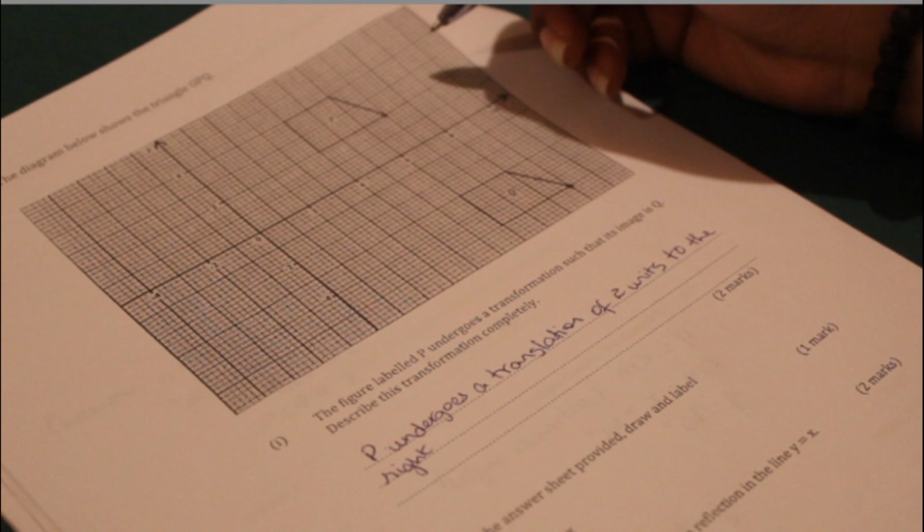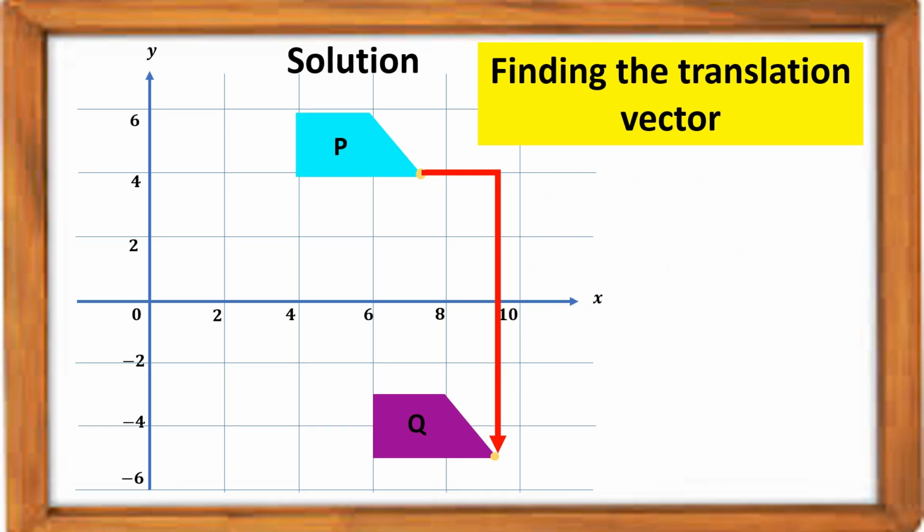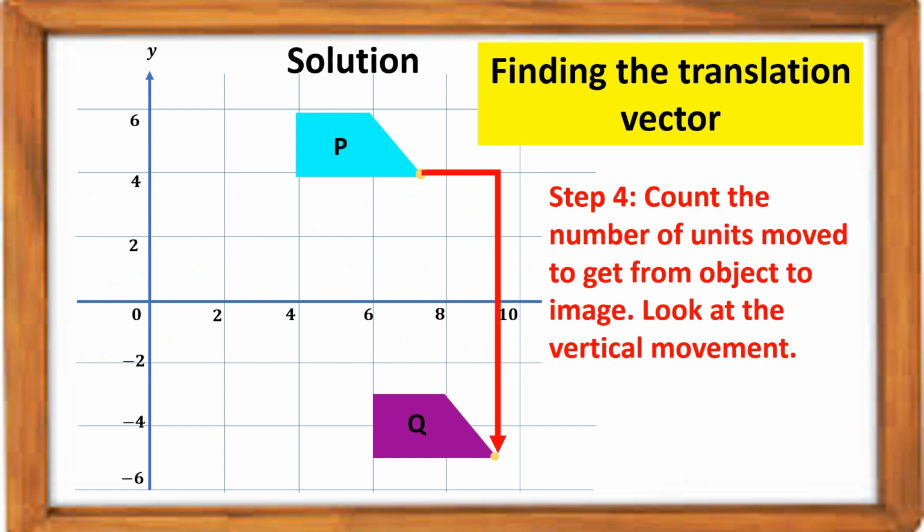But did the shape form here? No, it didn't. It formed lower down. So let's see how many we had to move this point down by so that we get to this location. We moved 7 units down in the y direction. Since we moved down,